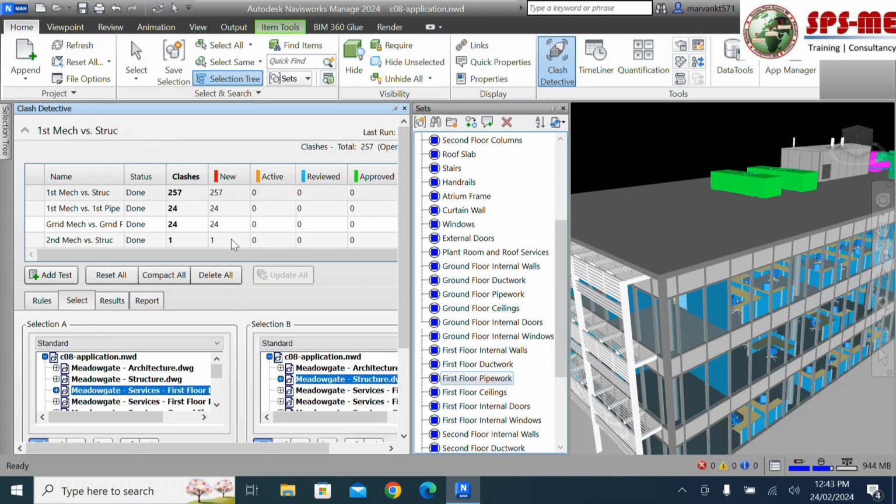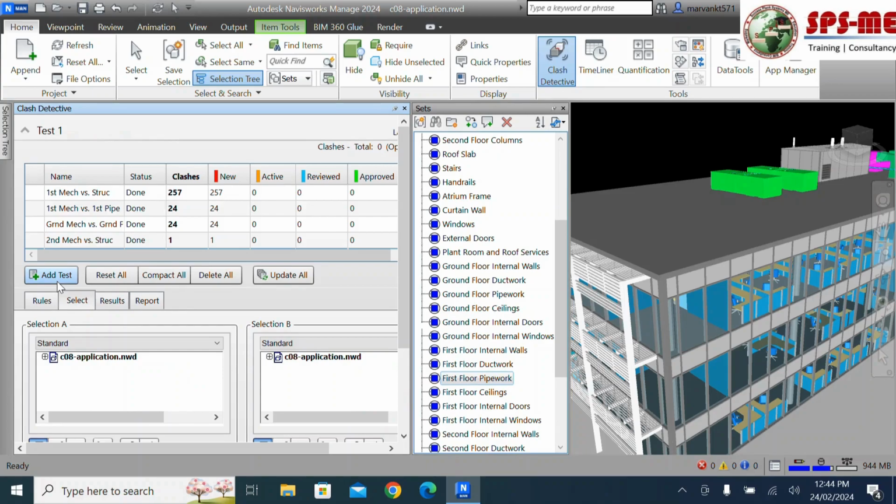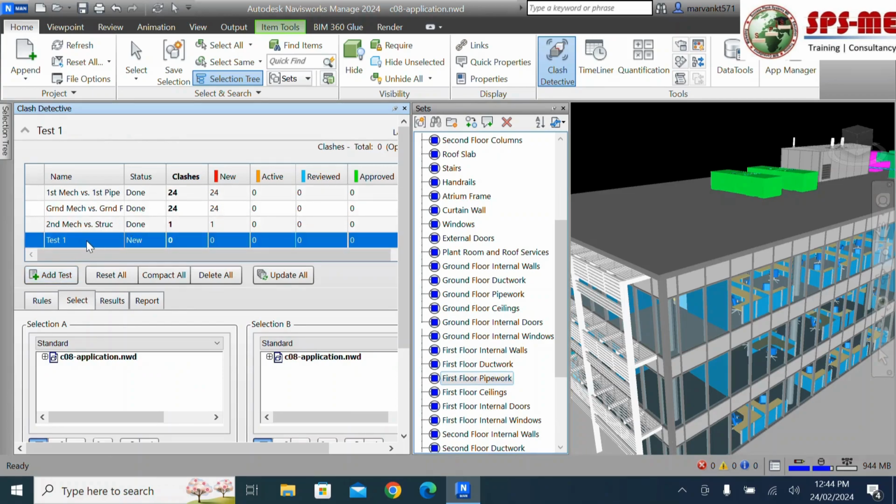So next, what I wanted to do is find out the clashes between the first floor ductwork and first floor pipe work. So you can see here the clash detective, and you can see here the add test option. So click here, add test. Once you select add test, you can see that a new test is added, and I'm going to give the name here,